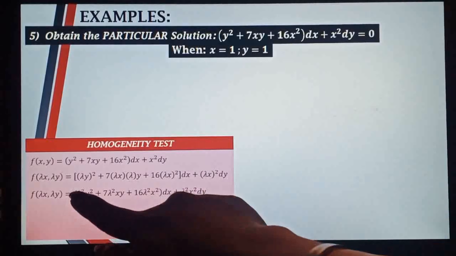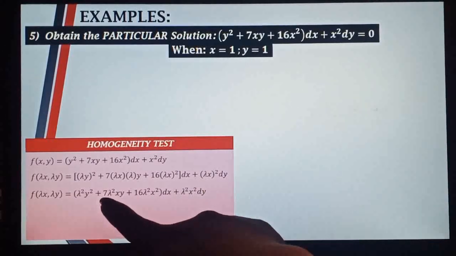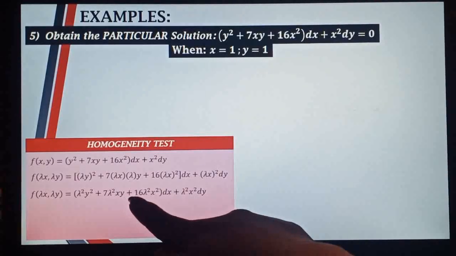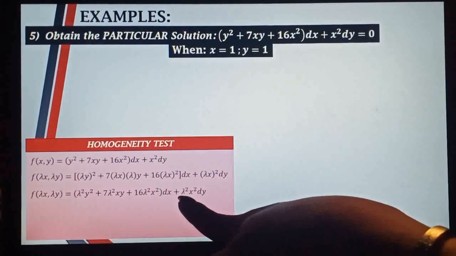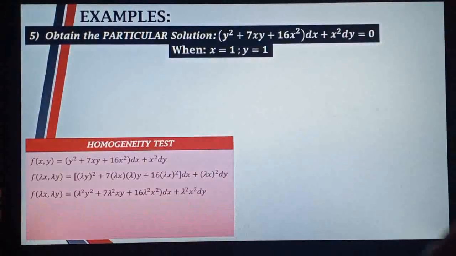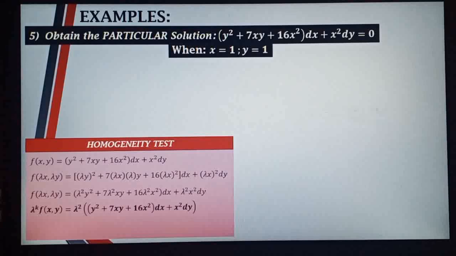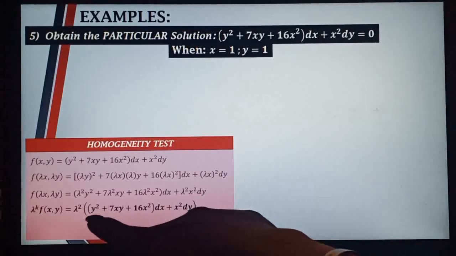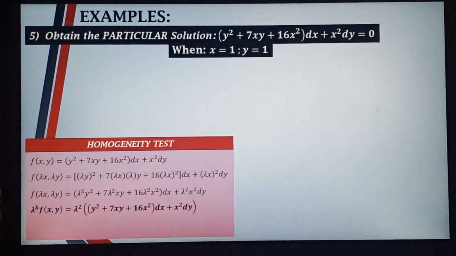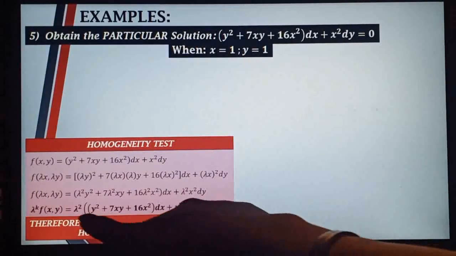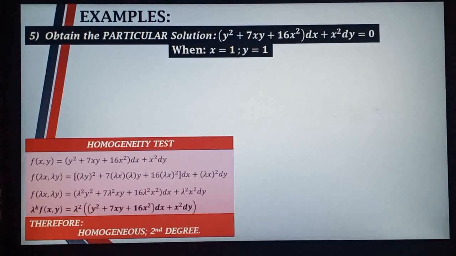So magiging lambda squared y squared plus 7 lambda squared xy plus 16 lambda squared x squared multiplied to dx plus the lambda squared x squared dy. So pwede natin i-factor out si lambda squared. Then mapapalabas natin yung original equation. So this is homogeneous in second degree. Now performing your solution of the homogeneous equation by letting v,